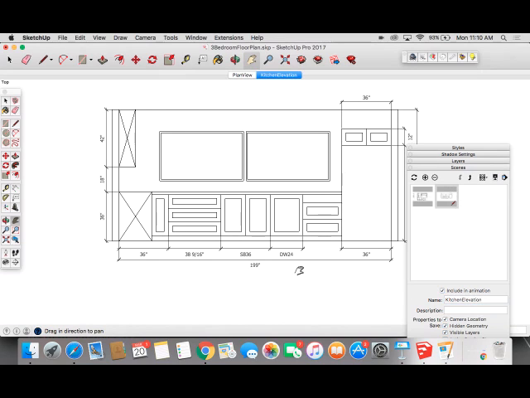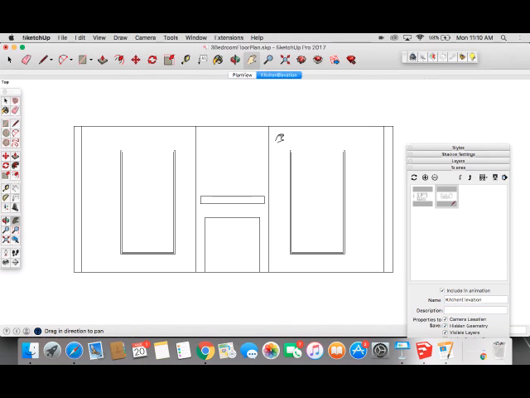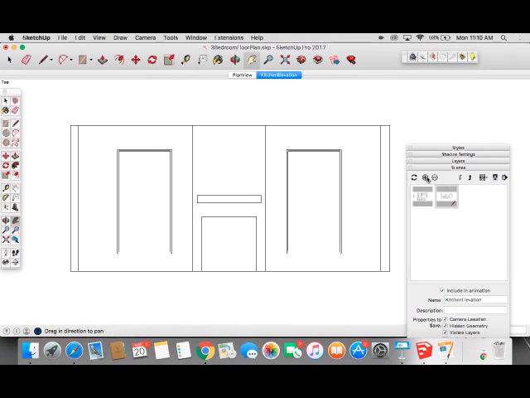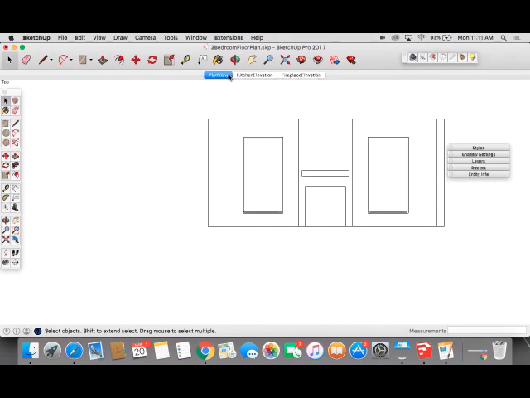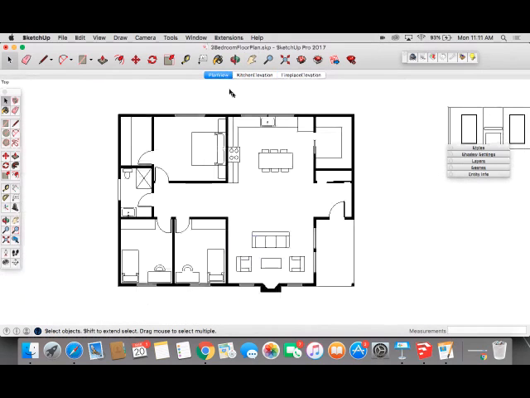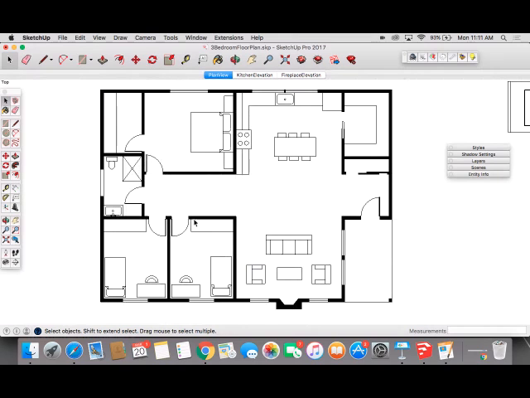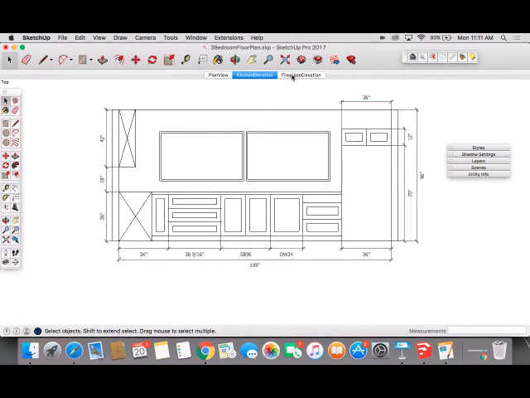Okay, now I can pan over to this one and hit the plus sign again. And I can change it here, fireplace elevation. So now if you happen to present directly from SketchUp, which I know everyone has a different method of what they like to do, you can hit plan view, and that's pretty clean. You can zoom in a little bit more if you'd like. That keeps it pretty clean. If you want to show them now the kitchen elevation, the fireplace elevation,